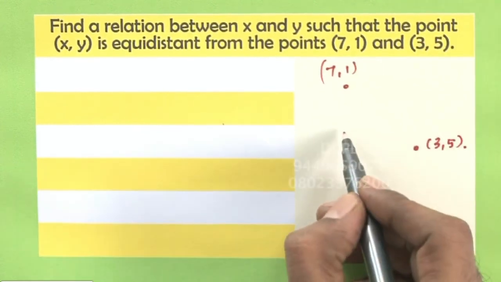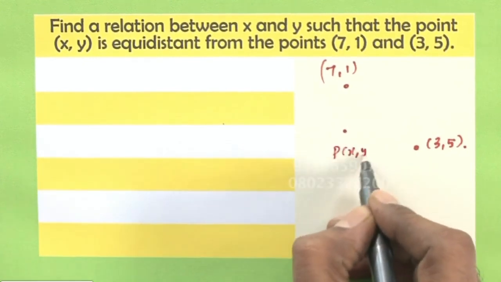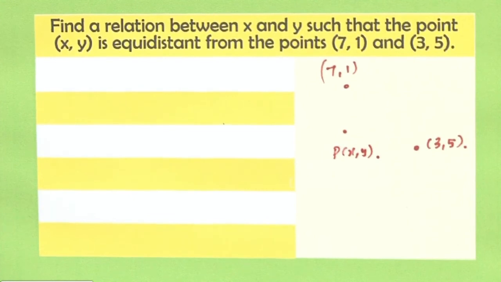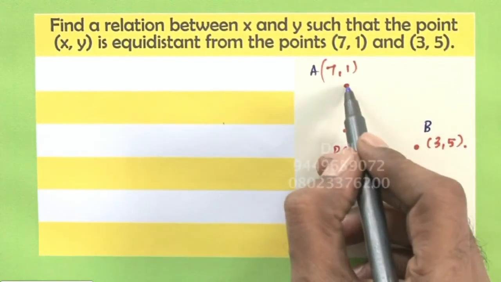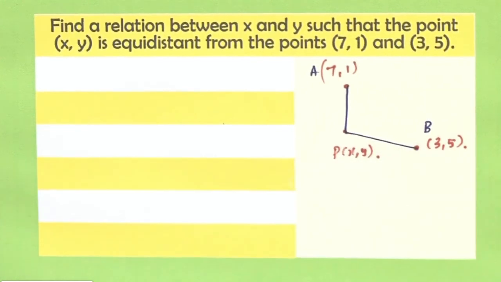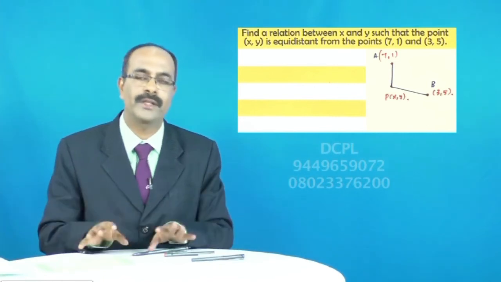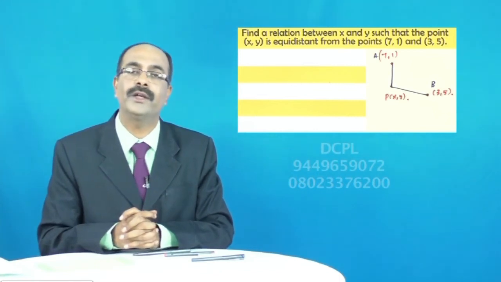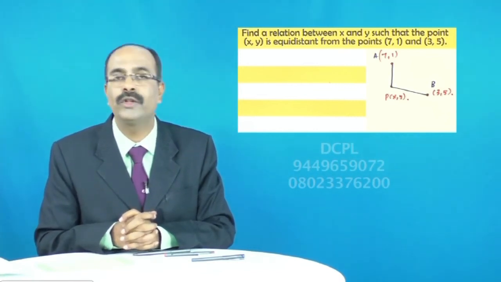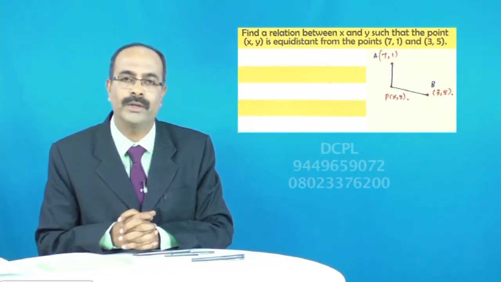So we have our arbitrary point P of x comma y, which is located in such a way that you call this as A and you call this as B, right? PA is equal to PB. That is the meaning of this. PA is equal to PB, where A and B are fixed points given. And P is an arbitrary point. The coordinates of P are x comma y. And you have to find out PA and you have to find out PB and equate PA to PB.